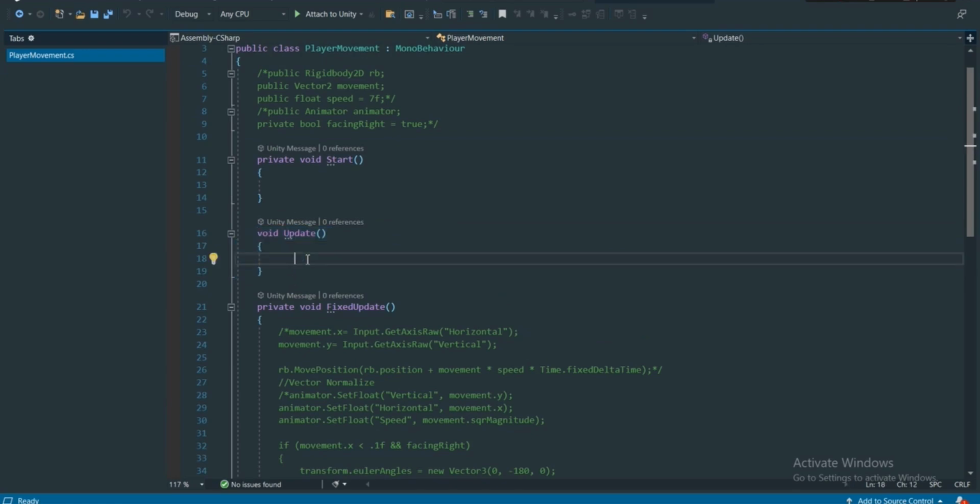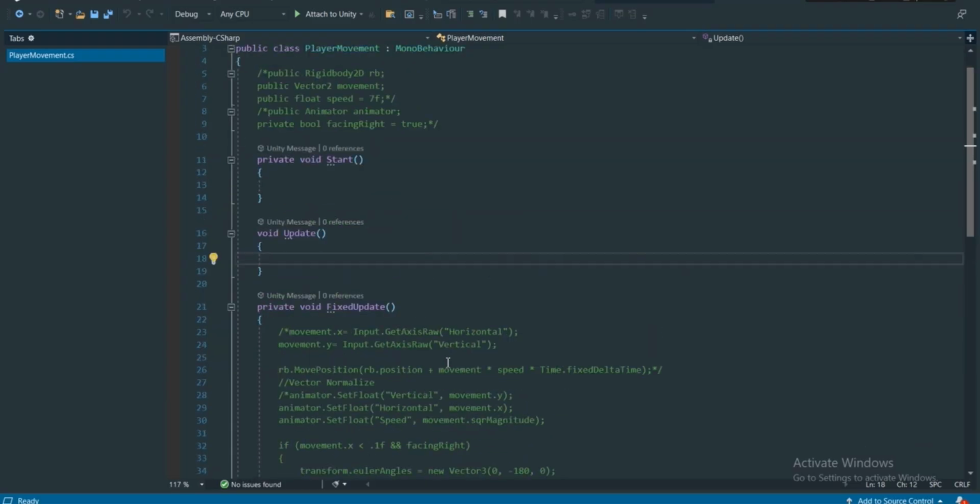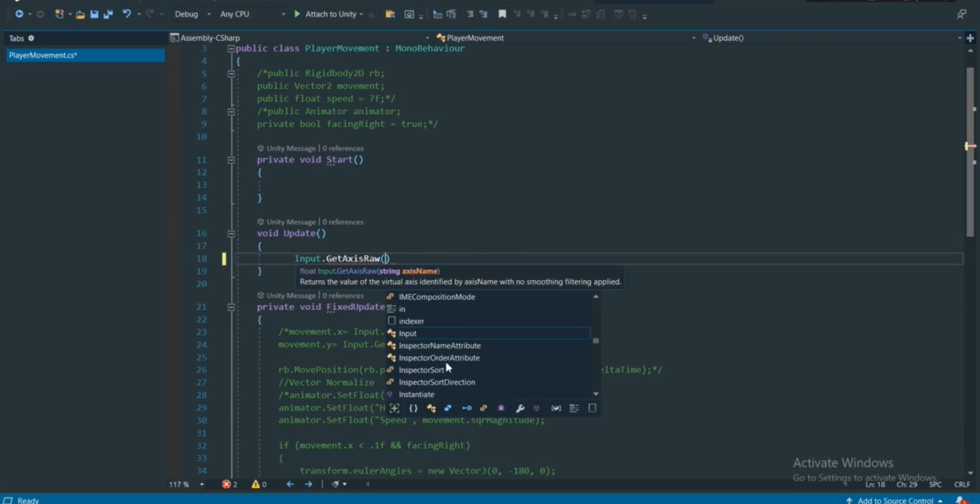First thing, let's talk about the horizontal movement. If I select this move tool and move it horizontally, we're going to talk about horizontal movement first. So let's go to the script, and we will get this Input.GetAxis. You can use Raw if you want snapping movement, strict movement, you can just use GetAxisRaw. But if you want a little bit smoother, then you can use GetAxis instead of GetAxisRaw. But I'm gonna use GetAxisRaw and make the parenthesis, and in quotation you need to pass the